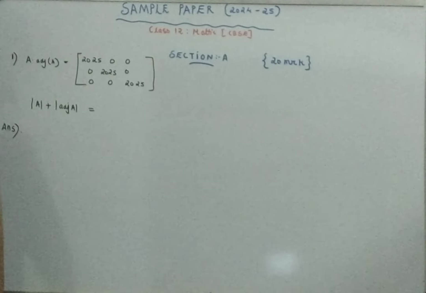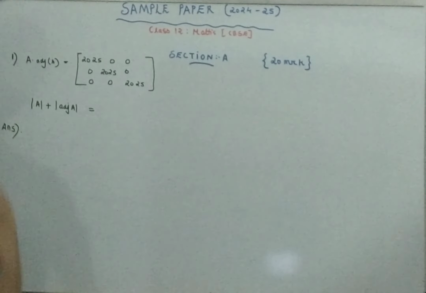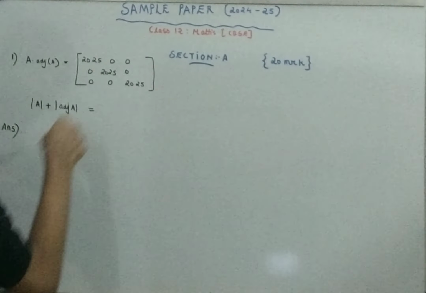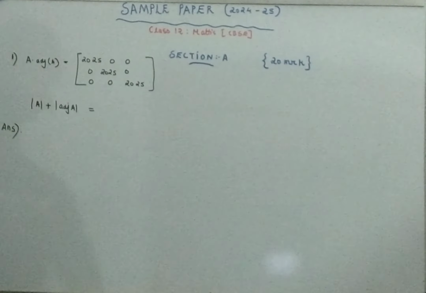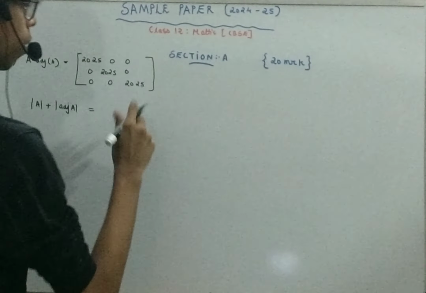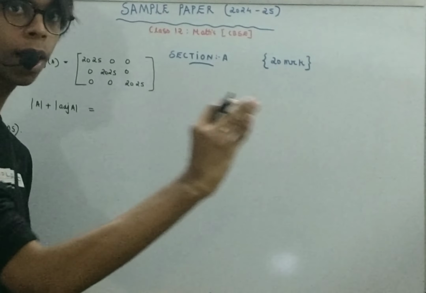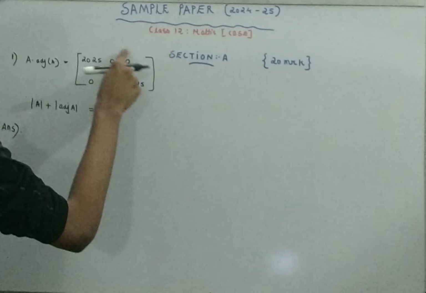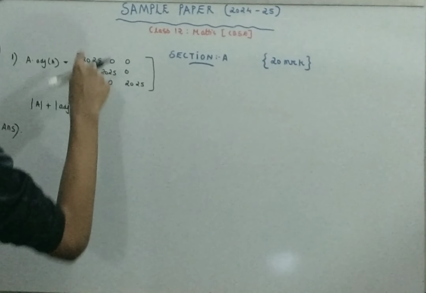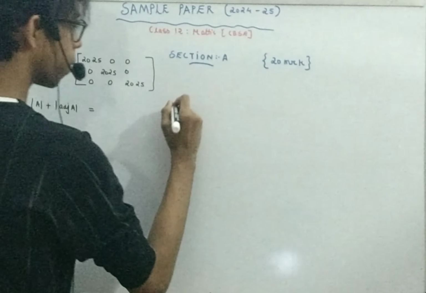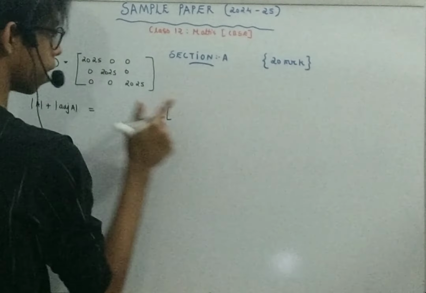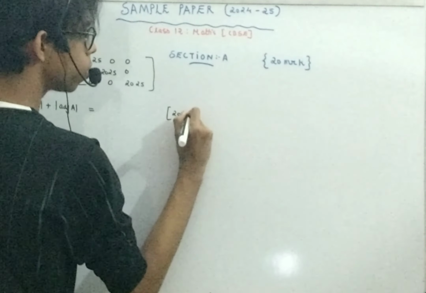Okay, so let's do this question. Now if you see over here, this matrix, the middle elements are the same, isn't it? So this matrix which is given to you, we can just take this 2025 outside and multiply it with the identity matrix, because all the other elements present here are 0 and the middle elements are the same. So I can write this matrix as 2025,